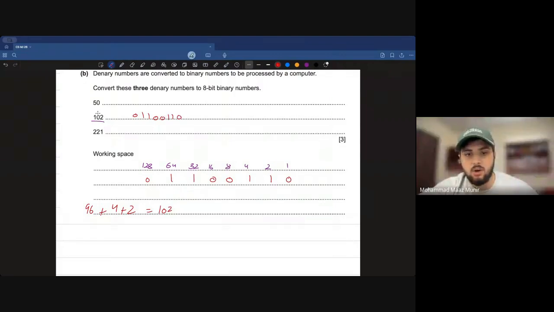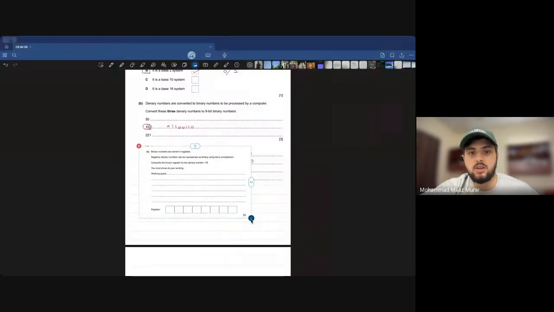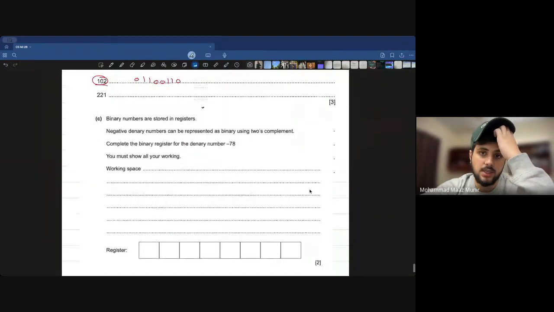Remember, two's complement, we had a pretty good discussion on how you can write negative integers in your answers. So now you see that we have binary numbers which are stored in a register, and we need to basically